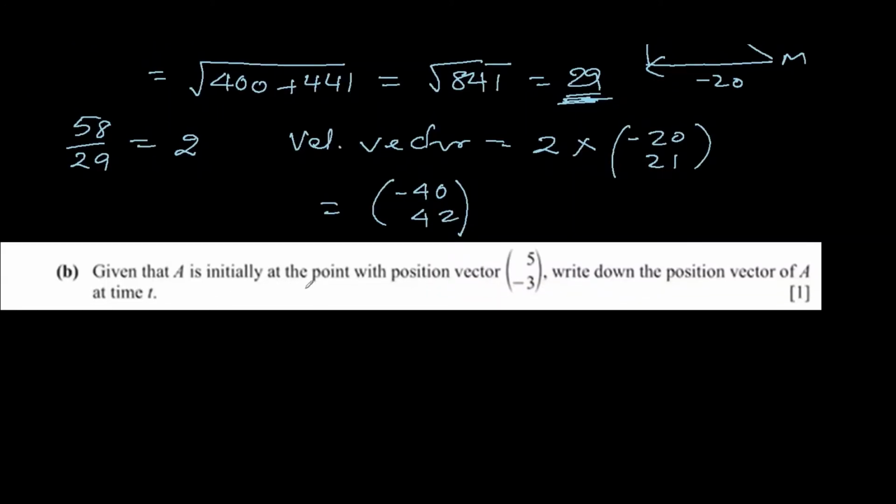Given that A is initially at the point with position vector (5, -3). So the initial position is (5, -3). This is the coordinate I'm writing with reference to O, let's say this is O. This is the position vector of the initial point, and I converted it to coordinates. Now it is going in this direction and its velocity is (-40,